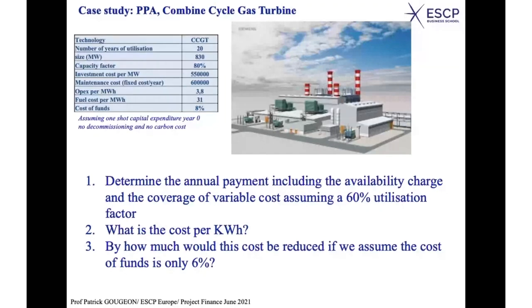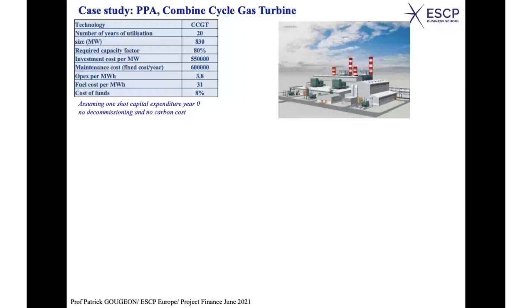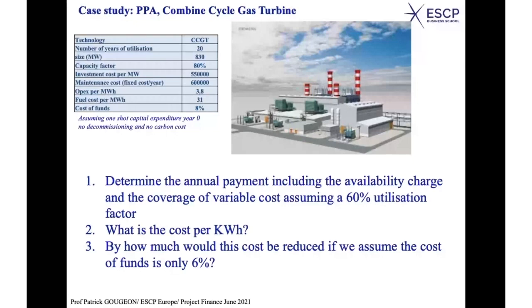Here we have a cost of funds which is 8%, which is a kind of mixture between the cost of debt and the cost of equity, or which is the required return for those who are investing in the plant. So first of all, remember that the first question is to determine the availability charge. It would include essentially fixed cost. So if you look at the fixed cost,